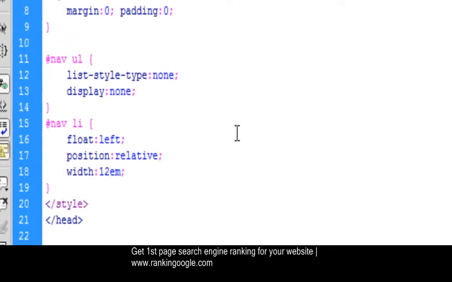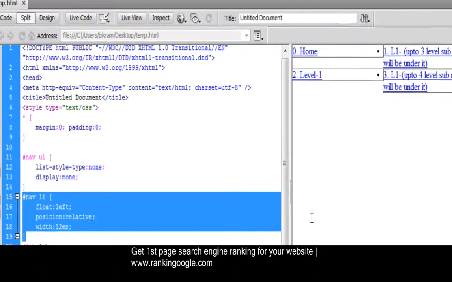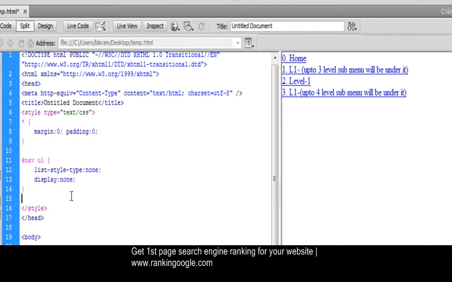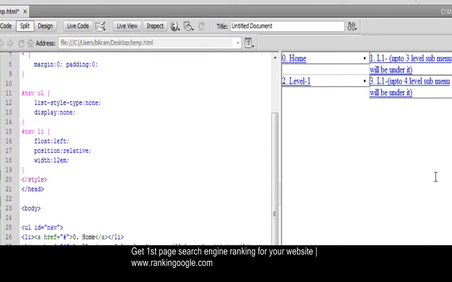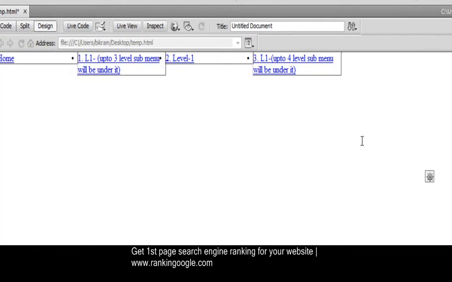Okay, just check the style sheet. This is the style I have added, and if I don't add this style, then it looks like this, and if you add this, it looks like this. Okay, so what happens here, I am in design view, just check it.